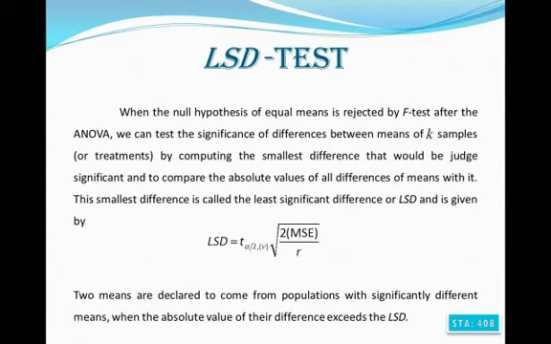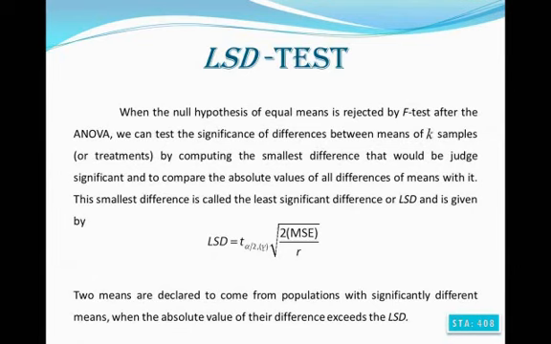When the null hypothesis of equal means is rejected by the F test after ANOVA, we can test the significance of differences between means of K samples or treatments by computing the smallest difference that would be judged significant and comparing the absolute values of all differences of means with it. This smallest difference is called the least significant difference, or LSD, and it is given by LSD is equal